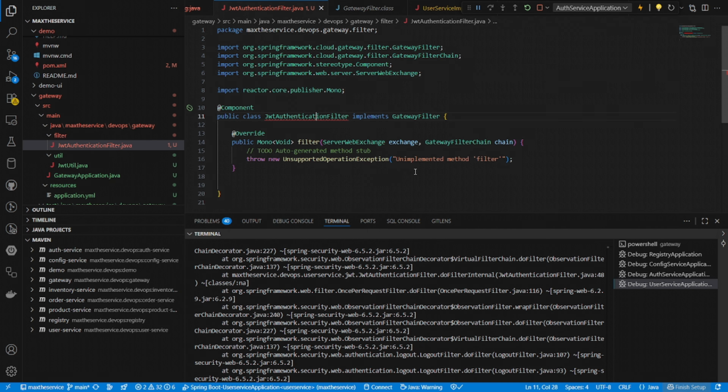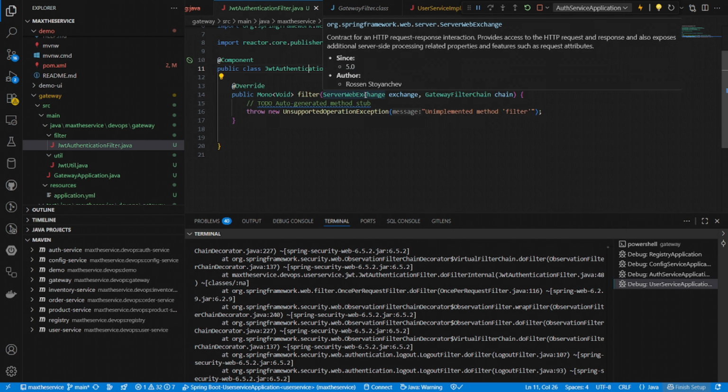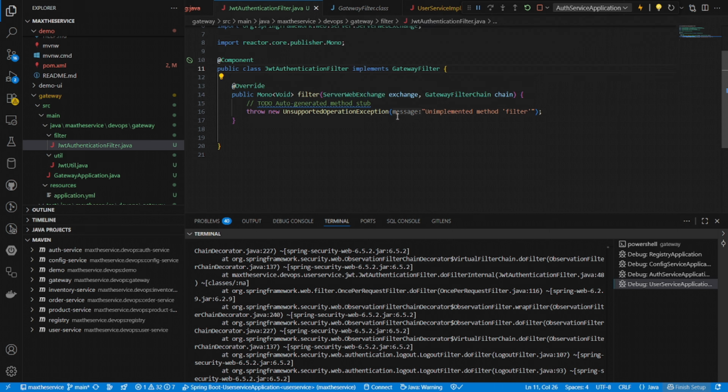So first is filter. What is the error? Okay. Now we need to override one function, which is filter, with ServerWebExchange. Any web exchange through this gateway server will be filtered through this chain. Okay, so now what we need to do, we also need